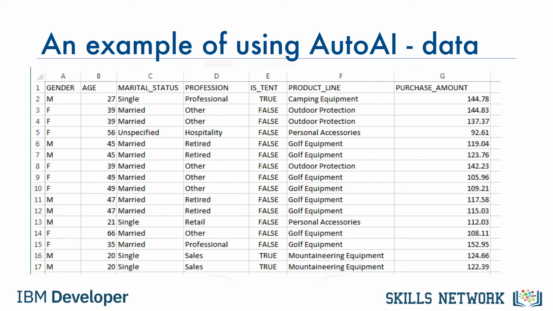This example shows the training of a model to predict whether or not a customer is likely to buy a tent from an outdoor equipment store. We start with structured data. In this historical data, there are 4 feature or predictor columns: gender, the customer's gender; age, the customer's age; marital status, married, single, or unspecified; and profession, the general category of the customer's profession, such as hospitality, or sales, or simply other. The model will learn to predict the value for the is tent column, that is, whether or not the customer bought a tent.